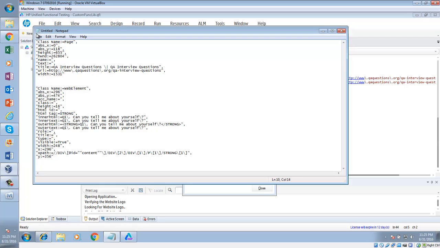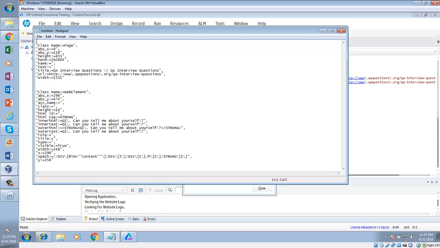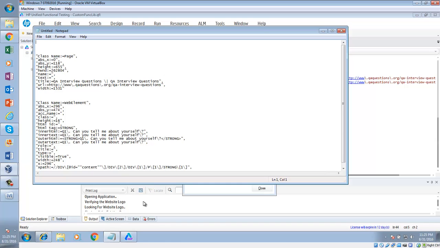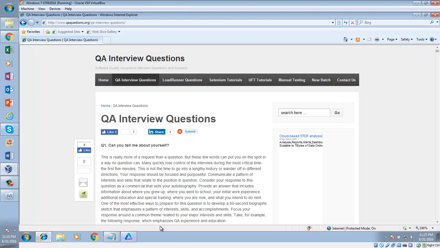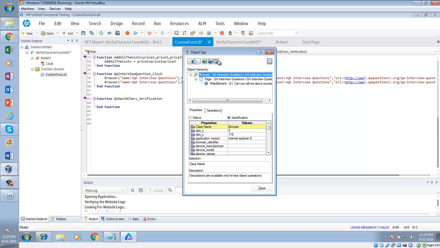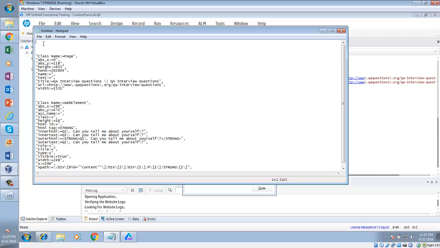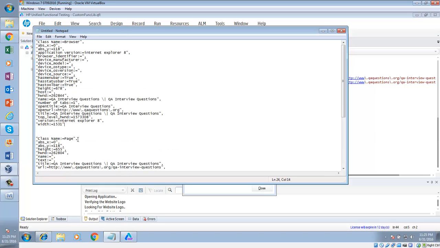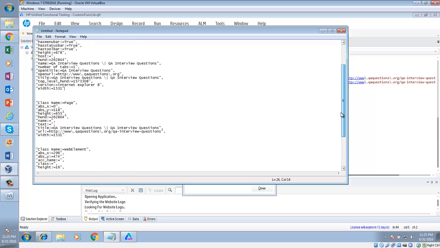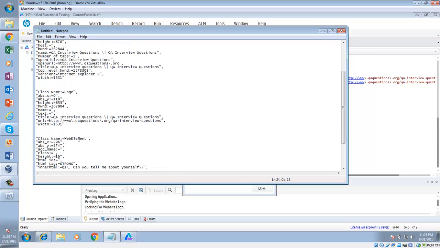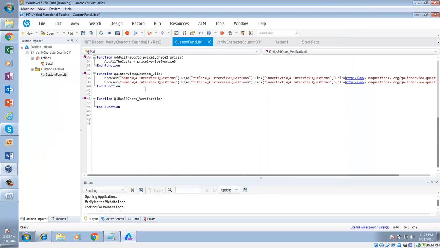So this is the attribute for the page, and then let's bring all the attributes for the browser. So I'm going to UFT, copy, let's bring all the attributes of the browser. So now we have browser, page, and then what is the last? Web element, right? Browser, page, and web element. Previously we had browser, page, and link. Now we have browser dot page dot